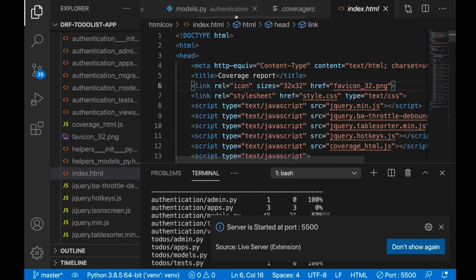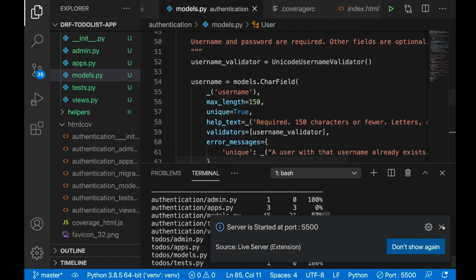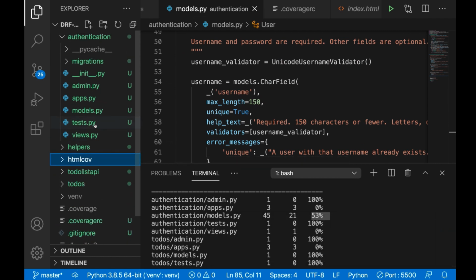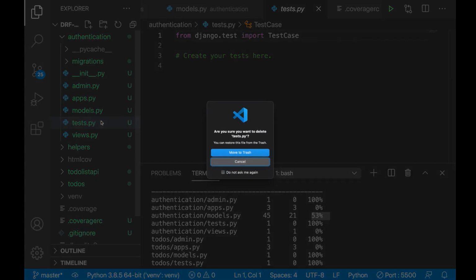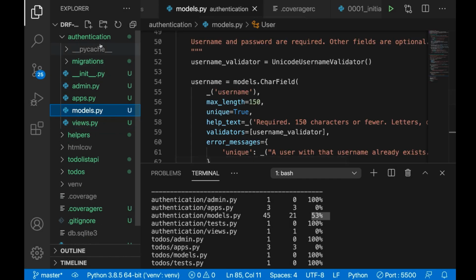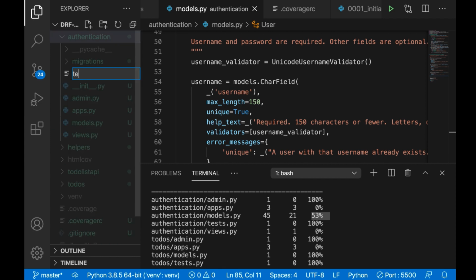So to start adding tests, I'm gonna go back to our app. Over here, every time we have an app, we have access to the test.py file. Since in an app we have many files, what I usually do is remove the test.py file, and then create another module in a folder. So here I'm gonna create a tests folder. Then I'll have it under __init__